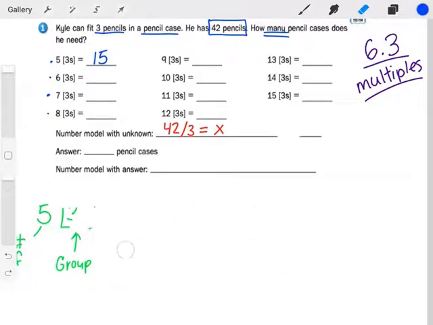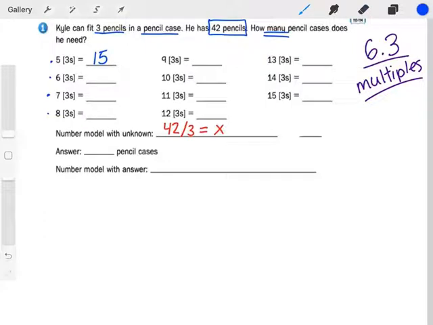Now, we don't have to do that for every problem. This is when, if you are not very fluent with your multiplication facts, you're going to run into some issues. So make sure when you're at home and you are not confident in your multiplication facts that you are really, really practicing. So now we could go through this pretty quickly.